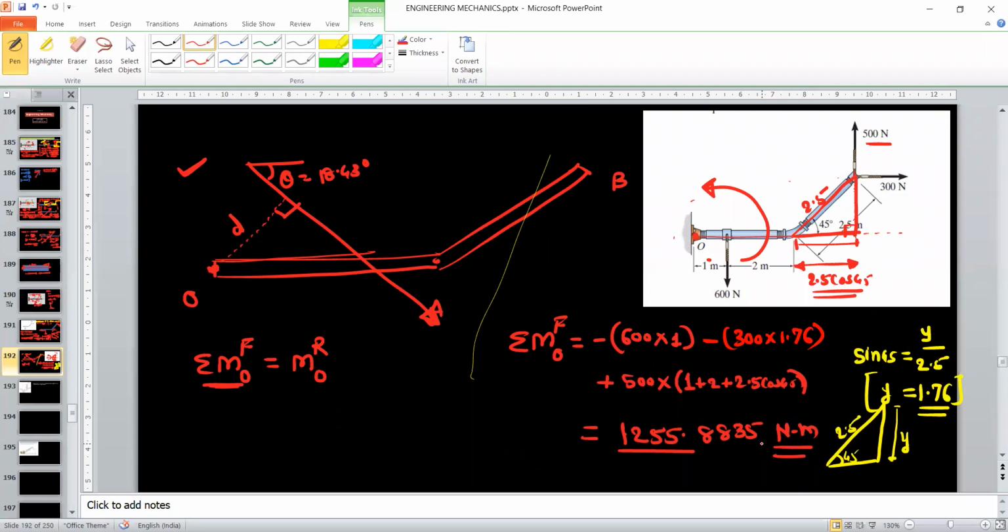To decide the unit, observe the force unit and the distance unit. Your distance is in meters and force is given in Newton. Sometimes force will be given in kilonewton, so your moment will be kilonewton meter. Now this is your left hand side. Now the right hand side will be the moment by the resultant about the point. So this is your resultant, and this is the perpendicular distance, which is the unknown. So the moment will be R into D, and the sense of rotation will be, it will rotate the system in the clockwise direction about the point O. So this is also negative.